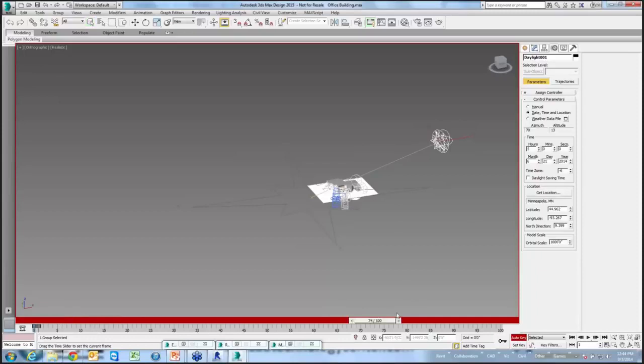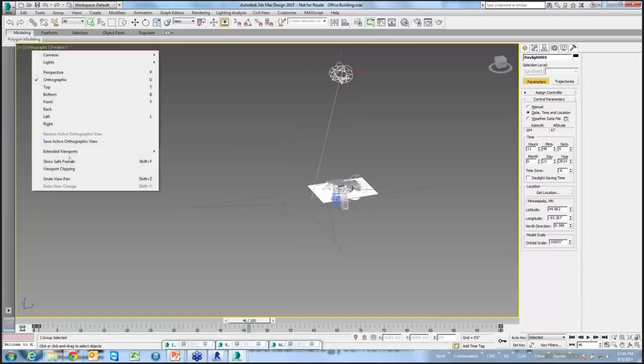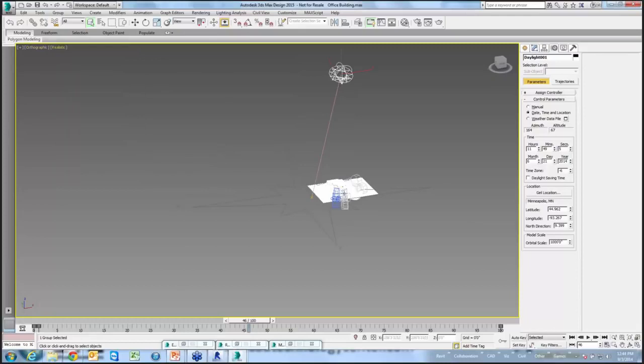And if I want, I can drag my slider all the way to the end, change the time to be somewhere over here, and hit another key spot there. And this actually animates that sun object. Okay, so what I can do is, with all of my lighting and shadows displayed,